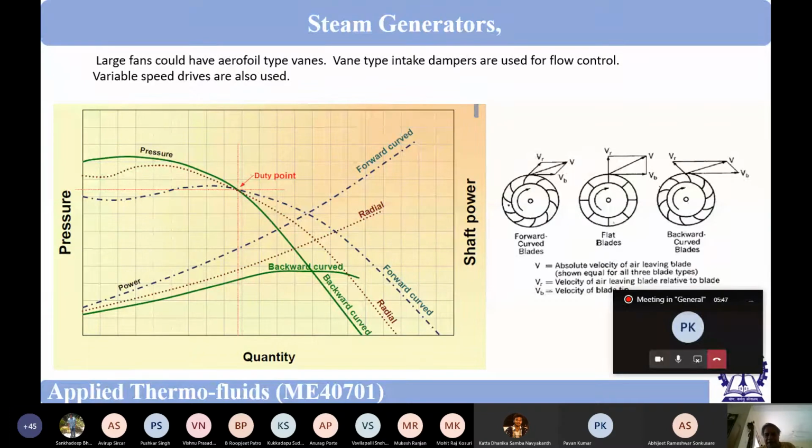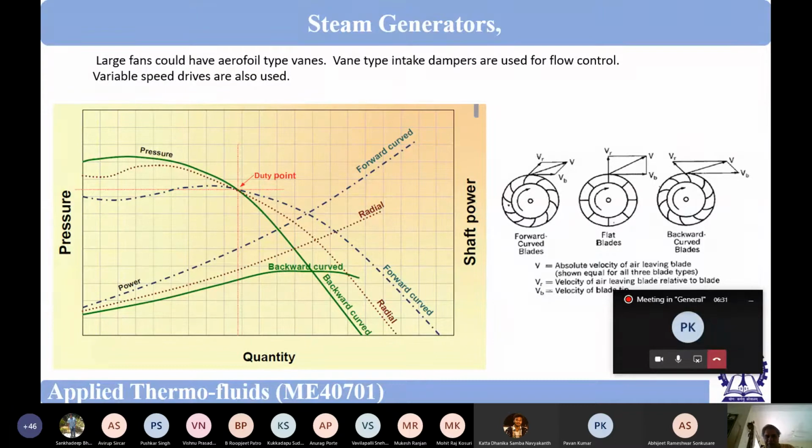Now, in a power plant, the fan can be used at the inlet side of the boiler, which means it will handle only clean air. But it will also be used at the outlet side of the boiler, where it has to handle the flue gas, and the flue gas will have ash particles, even very small unburned coal particles, and the velocity is quite high. So the fan will have to handle abrasive particles along with gas, and there will be a problem of erosion.